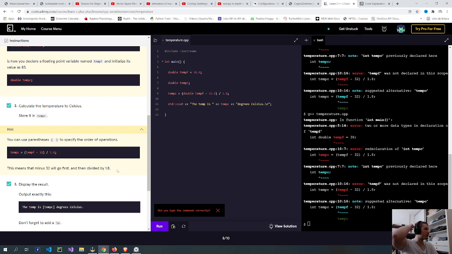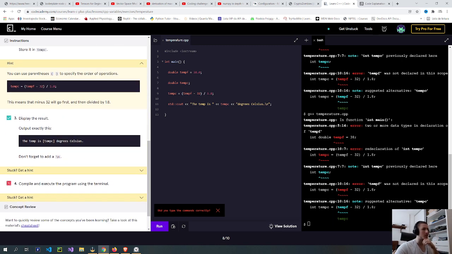So maybe after you declare a variable, you don't need to type the int stuff anymore. You can just type the name of the variable. Use parentheses to specify the order. And here they are not using float, and not using double, because double is the declaration. I think now it's probably correct.